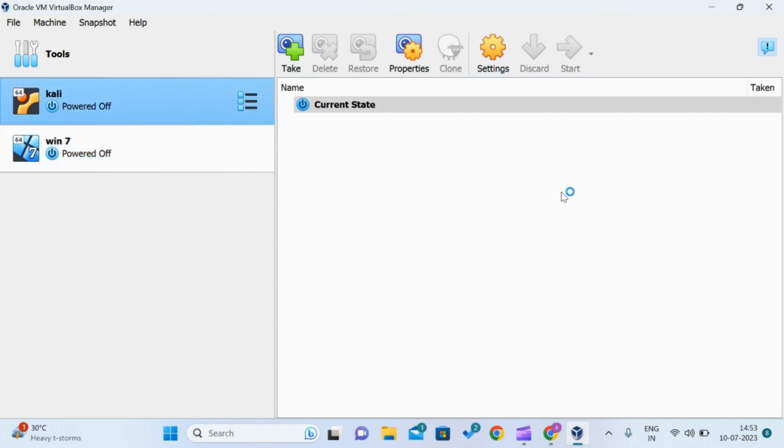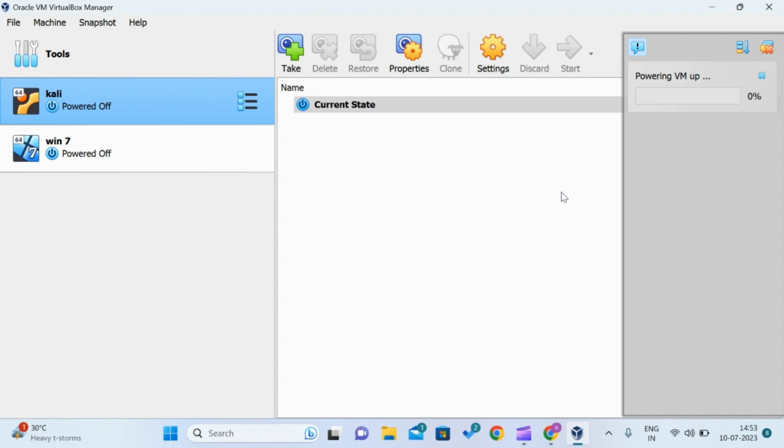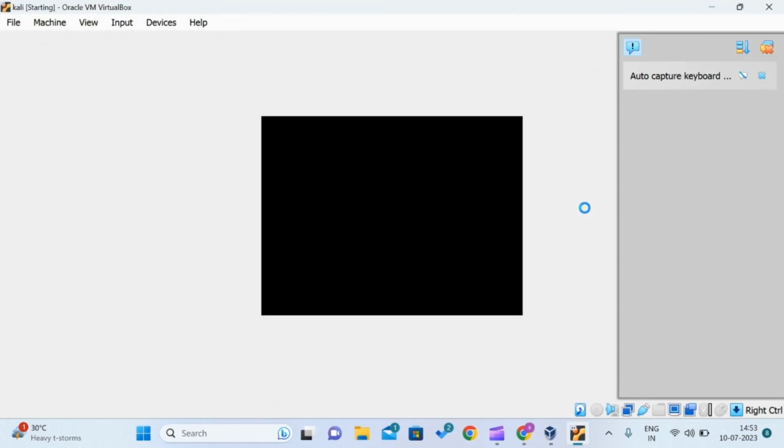Well, I have already downloaded the Kali and the Win7 softwares on my machine. It is automatically displaying them for me. But we are not interested in these versions. We need to install the Ubuntu version of Linux. So let's move back again to